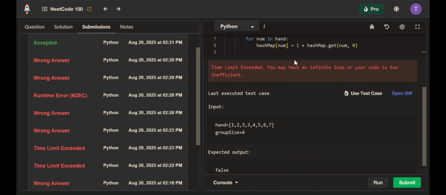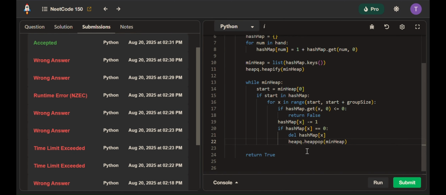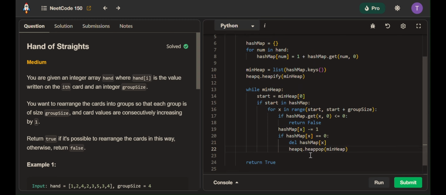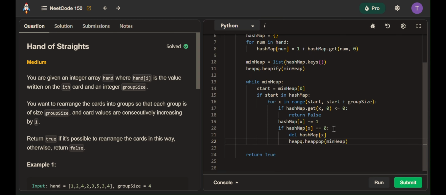We have a time limit. Okay. Why is it so? So it seems like we got caught in a time limit error. So what I see is that we got caught in the edge case where we just blindly pop the top element of the min heap, thinking that it will be the same as the one that we deleted from the hash map. Because let's say that we add a 1